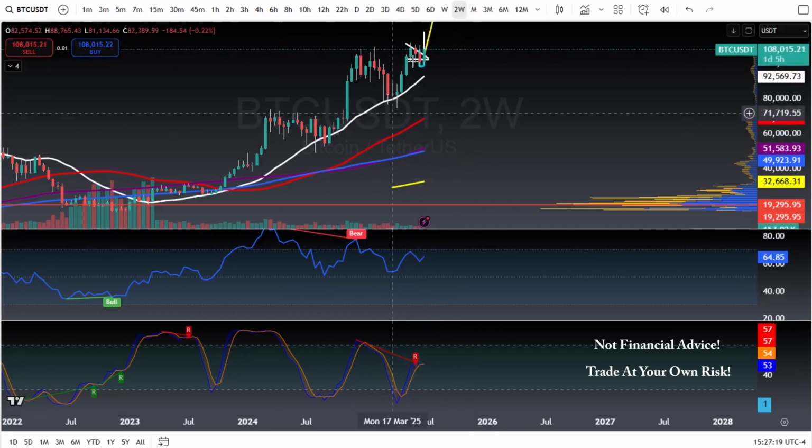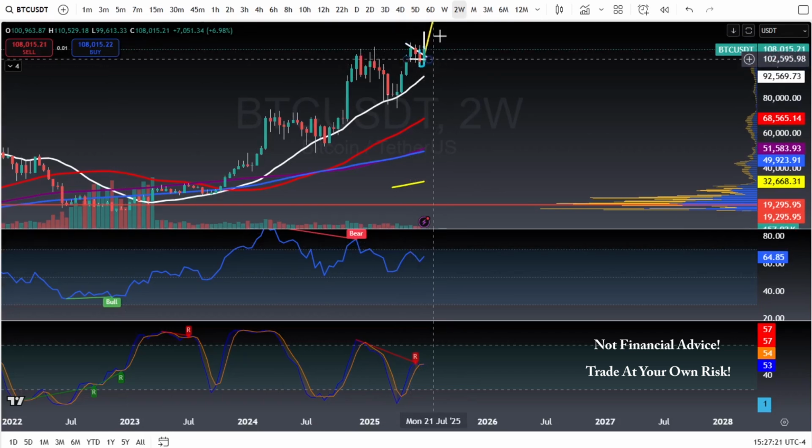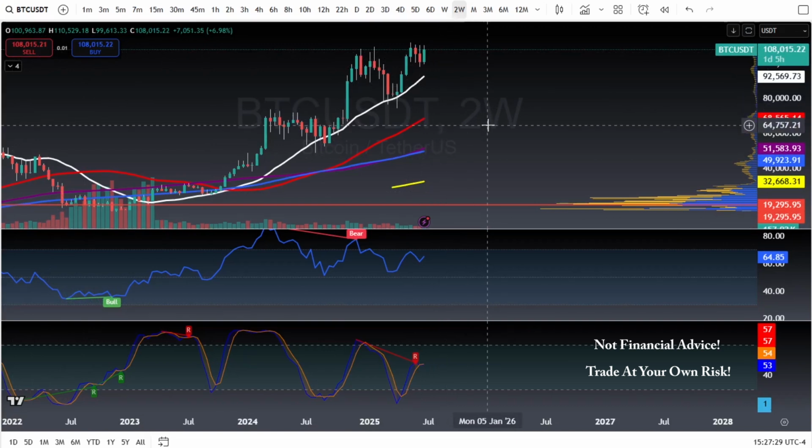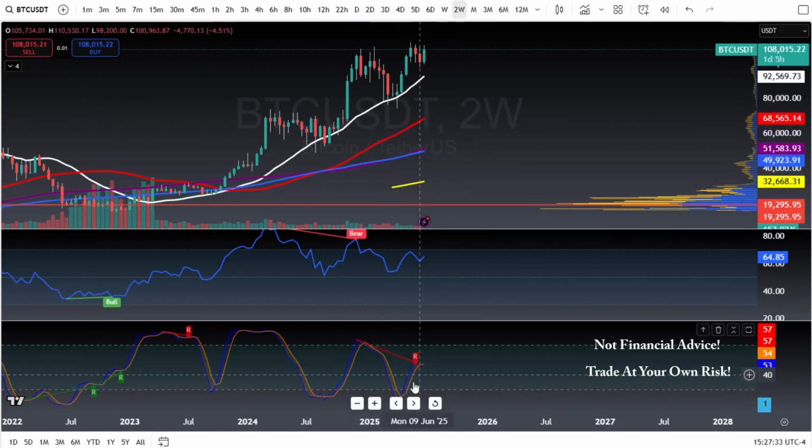If I put on the patterns, you can see we're in a perfect flag, and this flag breaks us up to about 135k. Now the 21 moving average is at 92,569. What I'm not liking is that the stochastics does have this bearish divergence, and we're kind of curving over here. Of course, if things get bullish, we could just continue going up, but right now that little curve I'm not